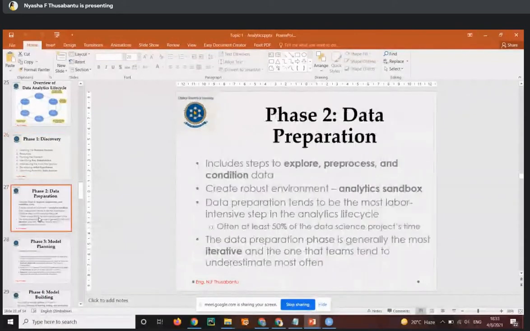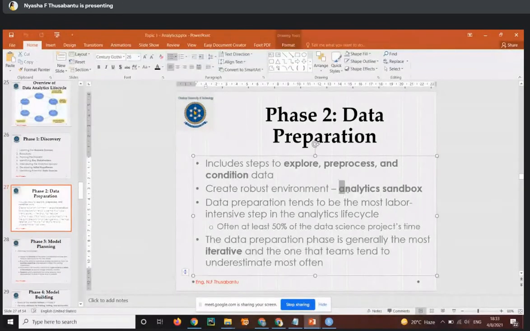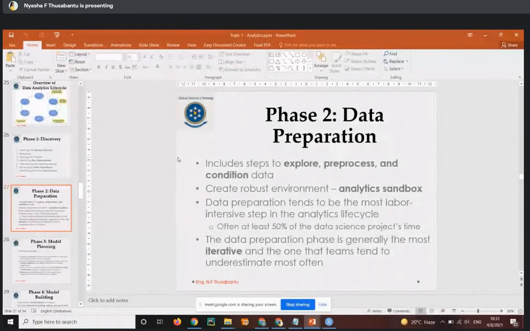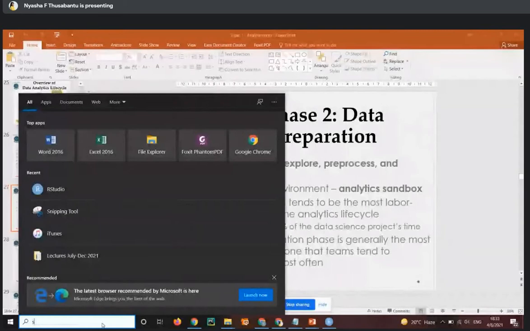And then data preparation, you explore and pre-process. Remember, I also said some call it data pre-processing. You design your analytics sandbox. What is an analytics sandbox? It's a separate environment from the actual environment. You are creating